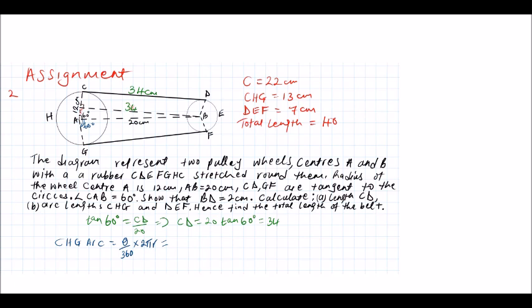So when you say pi r squared, we do that when we are looking for the area of the sector. But when you are getting the length of the arc, we use 2 pi r because it is a fraction of the circumference. So this angle here is also 60, meaning the angle that will be left on the other side is